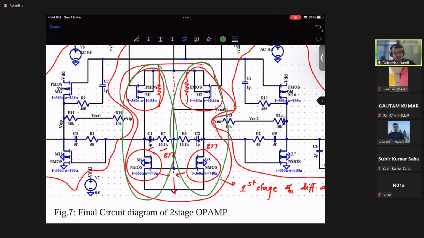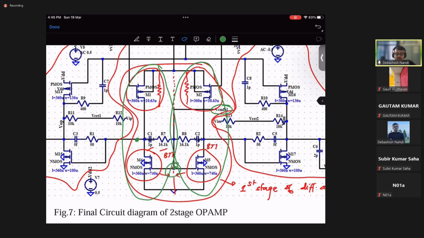Due to that mismatch, what happens? You can translate it, or input refer it, to the input side as a voltage. Okay, these are, let's say, the input side of the voltage, so you can translate it back to the input and consider it as a differential voltage between the two input terminals. Okay,